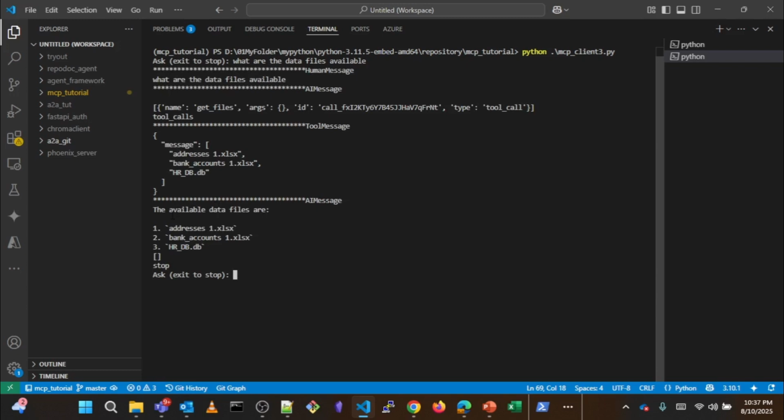As you can see, it has made use of the tool, and it has come back with the message that address 1, bank accounts 1, and HRDB are the data files available. Right, now we can ask